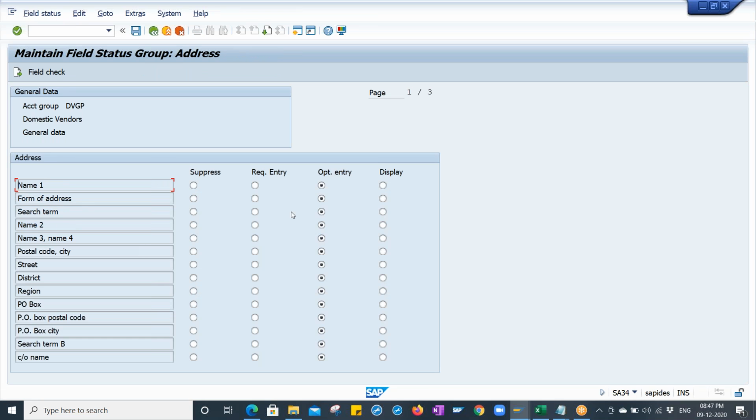Look, what happened? Name field, name one, what is it right now? Optional entry. You can make it required. Required means mandatory. You can make it suppress. Suppress means hide. You can make it display. Display means it is only for display, you are not able to edit it. Or you can gray it out, where any data can be entered. As per the requirement, for example, required entry for name, search term should be suppressed,